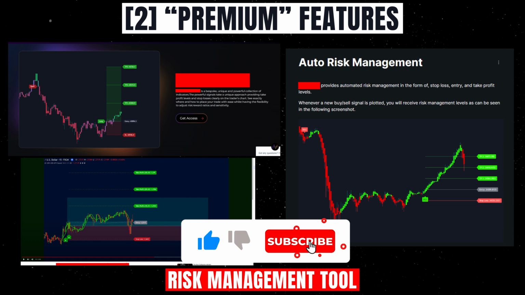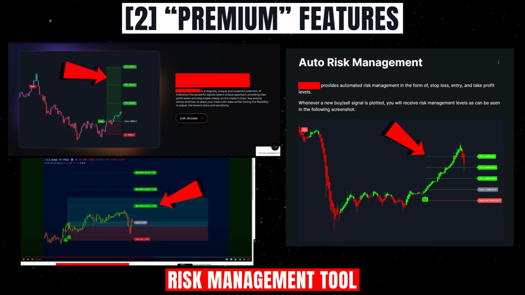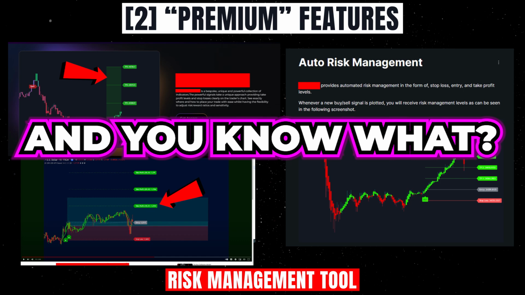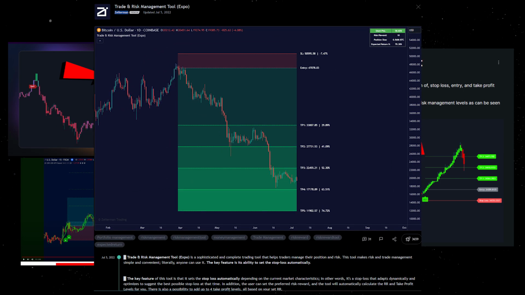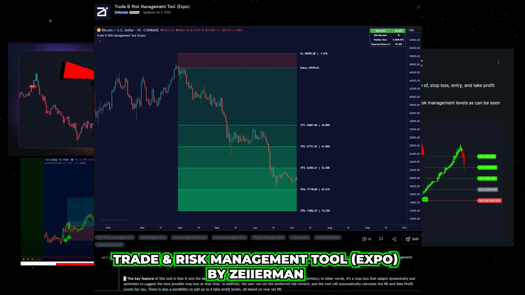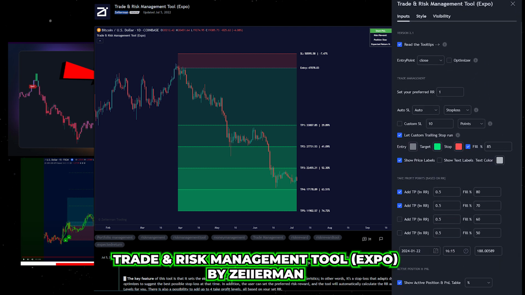So, here we have three instances of individuals claiming that their indicator includes exclusive risk management tools, signifying these tools include take profit and stop loss levels. And you know what? We have the exact same free script called Trade and Risk Management Tool created by Zierman, where in the settings, we can customize the number of take profits and also adjust the size of the stop